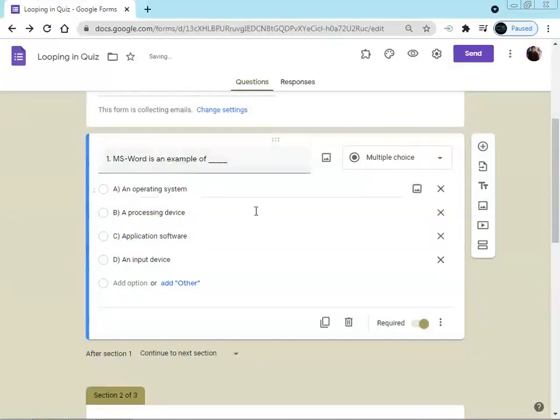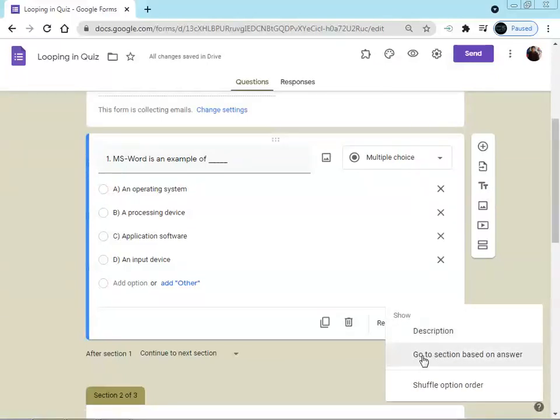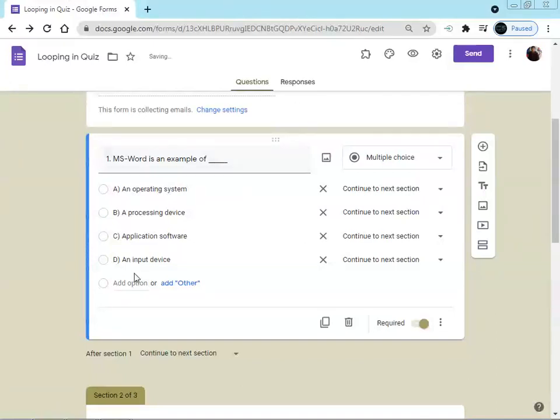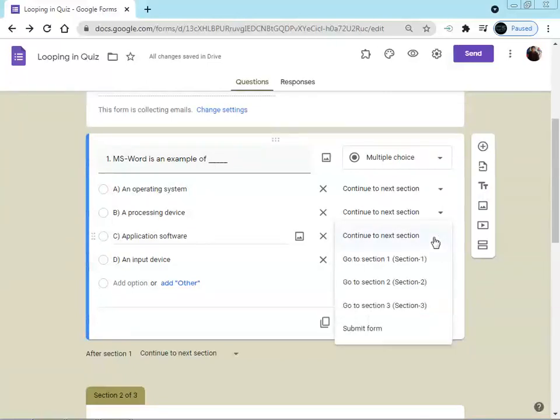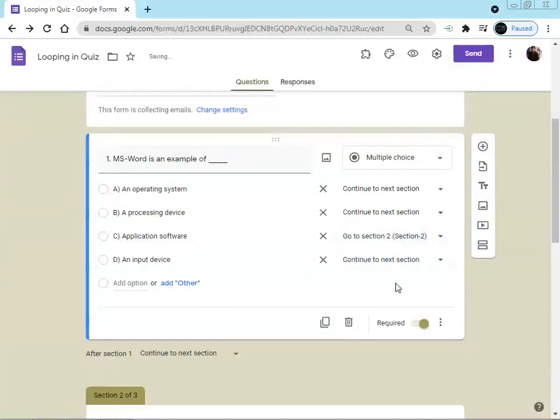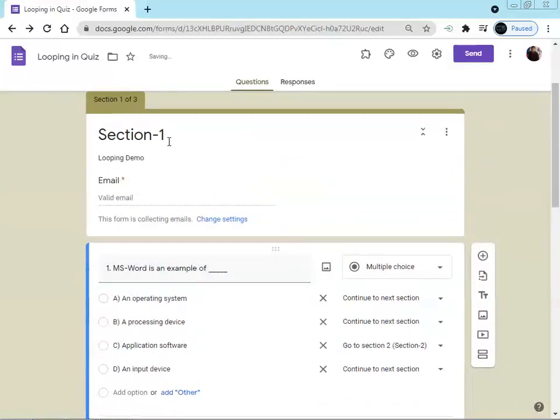So for this we have to go to the bottom right of this first question, where we have three dots, that is more options. In this we get the second option, that is go to section based on answer. The correct answer is application software. So when the user selects application software, we will move to the next section, that is section number 2. Otherwise we have to redirect it to section number 1, that is